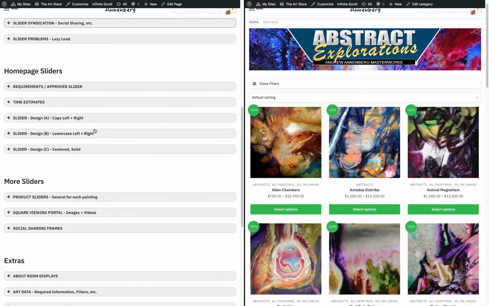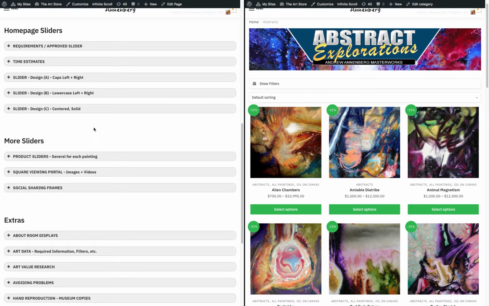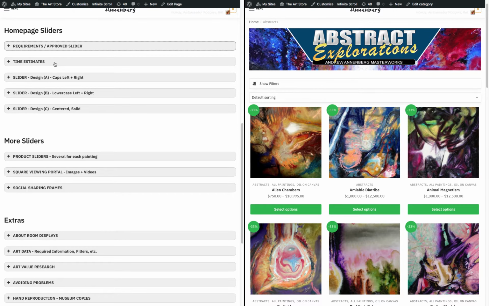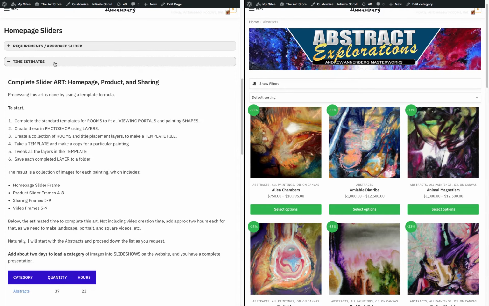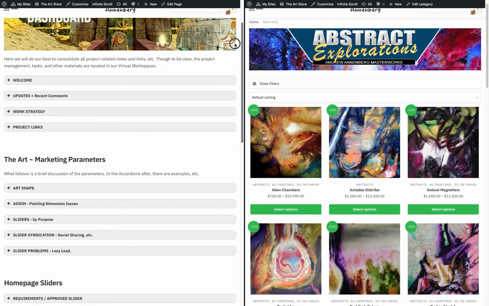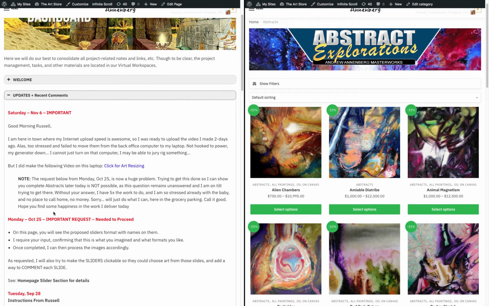Okay. Moving on to the home page slider. So again, the specification is you want a full screen display, and so on. We got there. And now time estimates, by the way, are out the window because I haven't gotten some answers I asked for, but we'll get to that. So here's what I was getting at. Again, I put this post up here in the updates on October 25th, and the whole point of this was to deal with